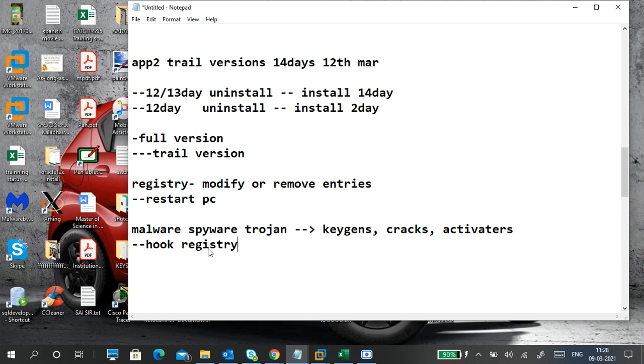When you accept this kind of stuff, unwanted links, shortcut links, a friend forwards some link and you open that one, whatever code is inside will be added to your PC. You run an application, you download an application from third-party websites, key generators, cracks, activators, which contain spyware, malware and trojans. So when you try to activate your application, meanwhile something will be added to your PC.